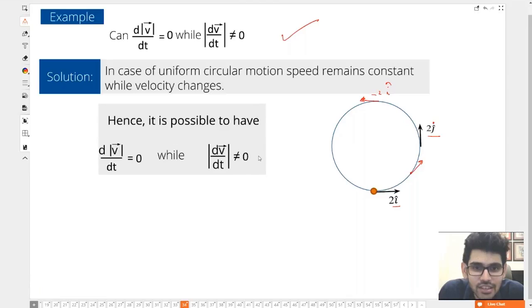Sir, won't the actual speed be greater than v? No, see. Magnitude of velocity is speed, but the direction is constantly changing. So here, see, you're moving in a car. You're not exceeding your speed limit. You're moving at 10 meters per second. But again, your direction is constantly changing.